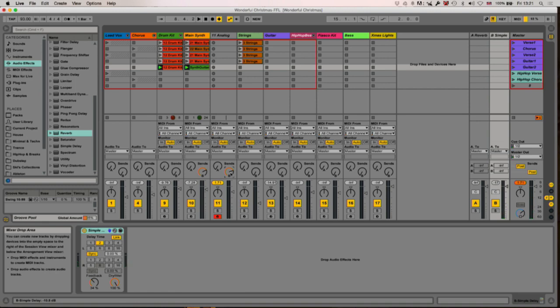So there's the sound. There's the sound. So yeah, that's the basic elements of the tune, and you just have to think,